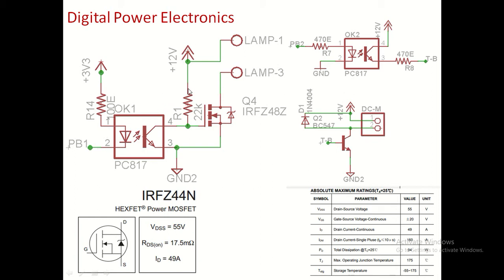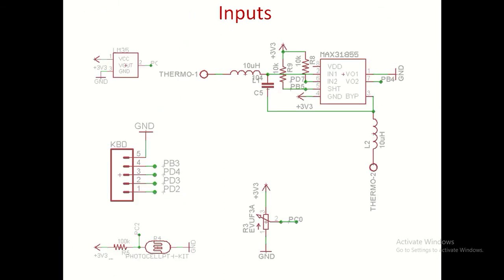How am I controlling? There are some other inputs. Being a closed loop system, naturally I am supposed to have some feedback. So the feedback can be achieved by using LM35, which is a semiconductor device that can withstand up to 100 degrees centigrade, and is simple to interface, a 3-pin device: VCC, ground and the output. But we are also using this system for industrial applications where the temperature could be up to 1200 degrees centigrade. There we are using MAX31855.